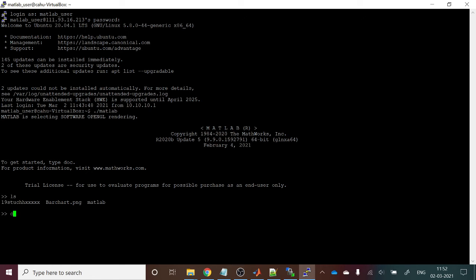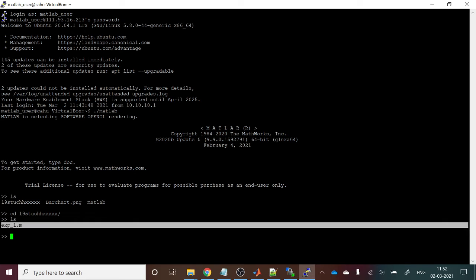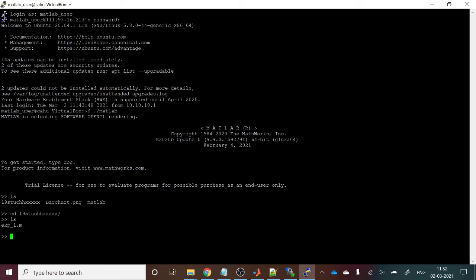We will change directory; the command is cd, and then you type your roll number, slash, enter. Now we are inside this folder. If you type ls, you will see the script. This script we uploaded inside this folder, right? Now you can see the script is there. Now to run this script, we just have to write the file name.